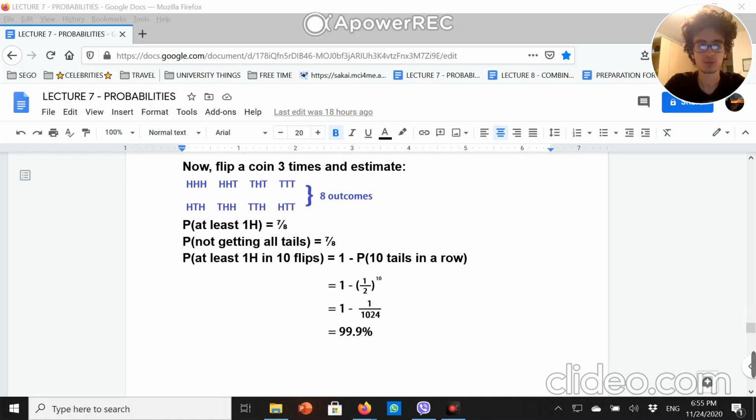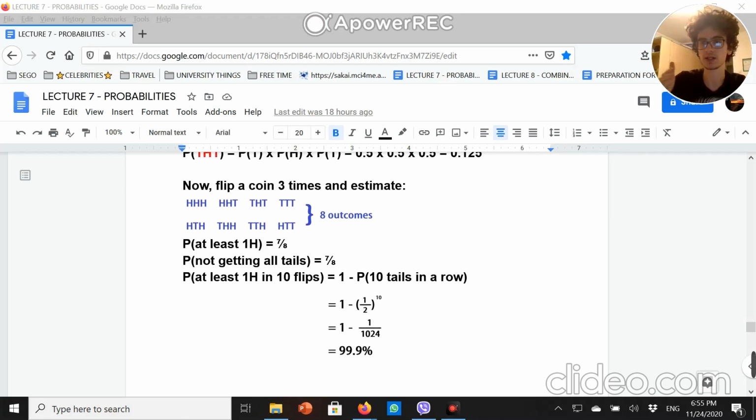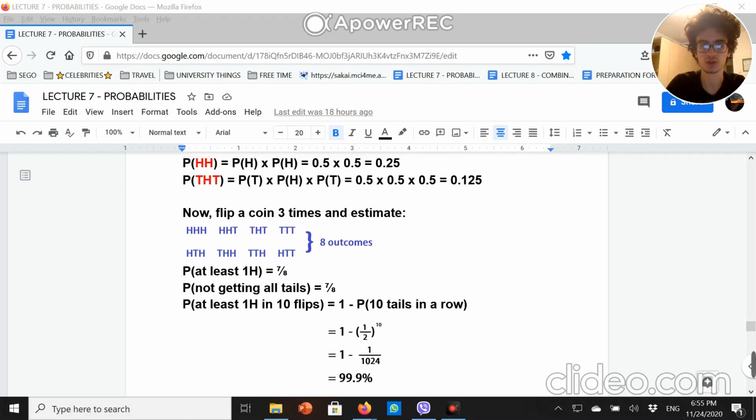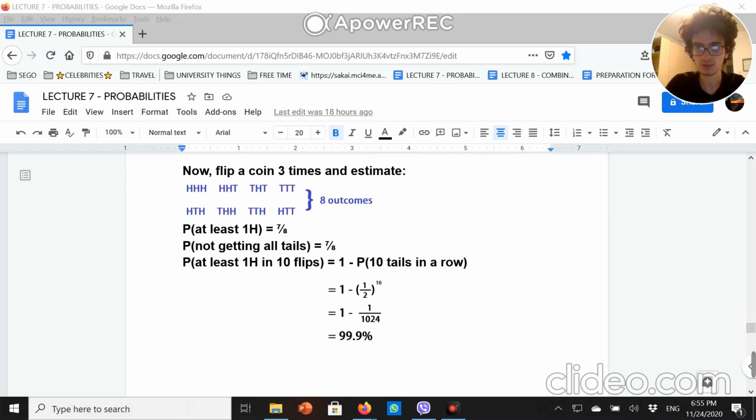And lastly, probability of getting at least one head in 10 flips. So we would write as this: 1 minus probability of 10 tails in a row, and we would solve it. So 1 minus 1 over 2 to the power of 10, right? Because we are multiplying it 10 times, and we said that the probability of scoring one head is 1 over 2. Will be equal to 1 minus 1 over 1024, and that would give us around 99.9%. Okay,